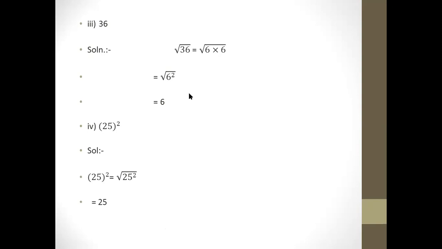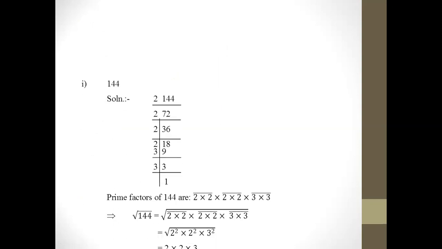It means that when the question mentions that you solve it by prime factorization, then you can't solve it by this method. In this question, they didn't mention whether to solve it by prime factorization or by simple factorization, so you factorize it simply, 6 6. But when the question says find the square root by prime factorization, you must find the prime factors.